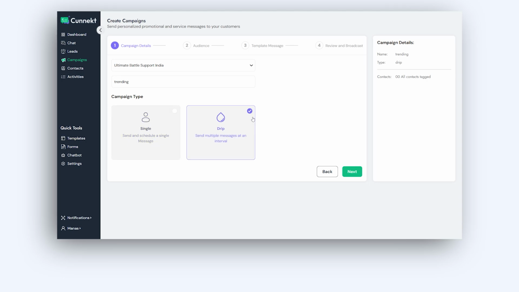Drip campaigns mean you're sending a sequence of templates, each one going out at a different scheduled time. So you could send an intro message today, a follow-up 2 days later, and a final reminder on day 5. All automated, all pre-scheduled. One important thing, whichever type you choose, you'll need at least one approved WhatsApp template before